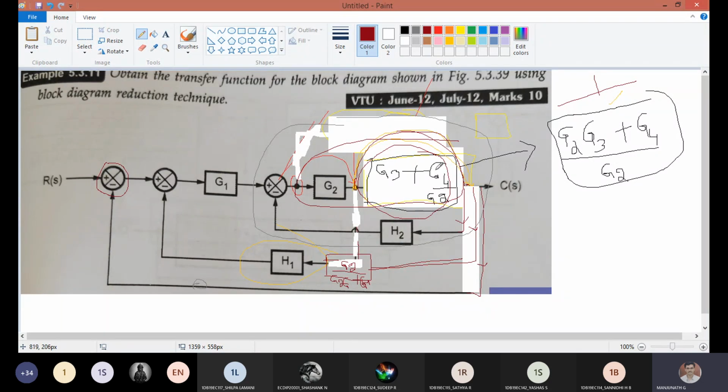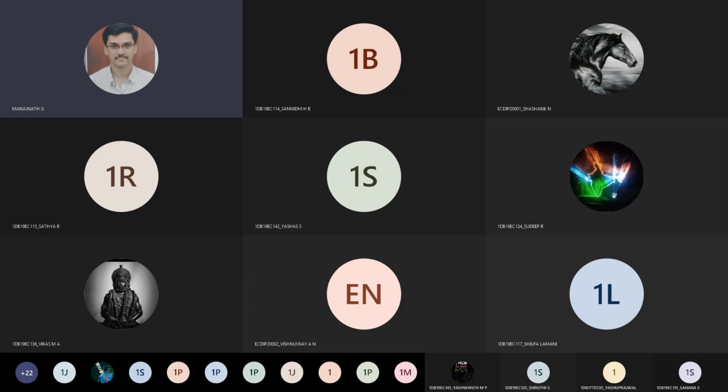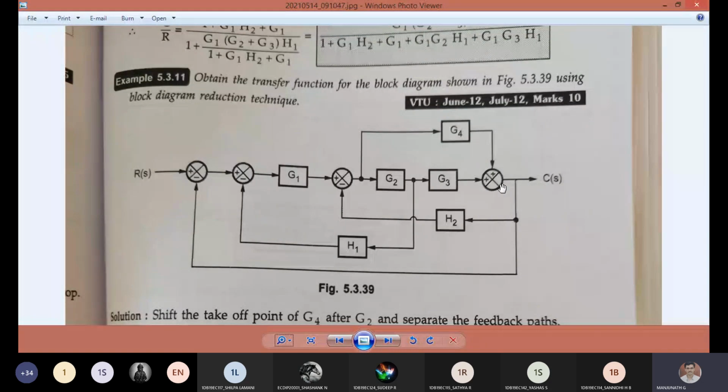Okay, sir. Yeah. So we have eliminated the first summing point, plus and plus, what you had in the question. So let me show the question once. You can look at here. Okay, it's not sharing. Question is visible now, Shobita? This is what you talked about, right? That's plus and plus. So this was the first summing point we have eliminated.